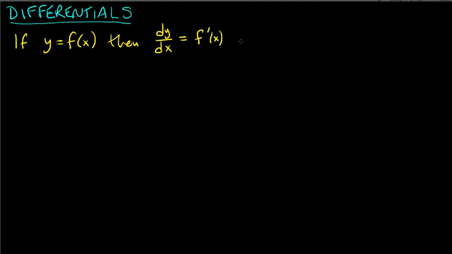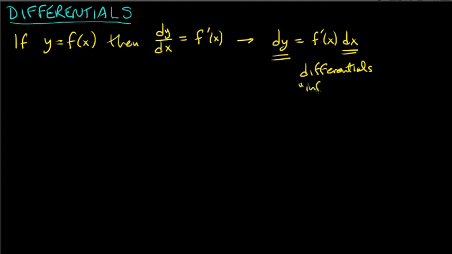So what you can do, of course, is multiply both sides by dx, and you get this. So we refer to the dy and the dx as differentials, or infinitesimals, if I can spell it, infinitesimal,